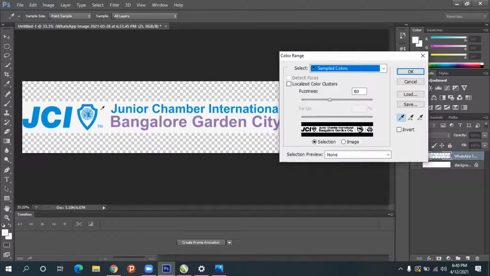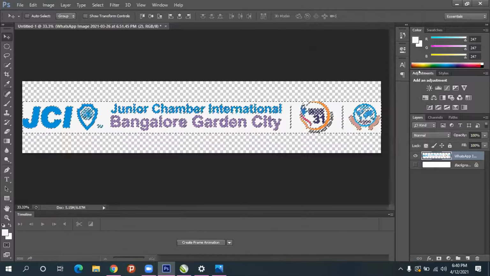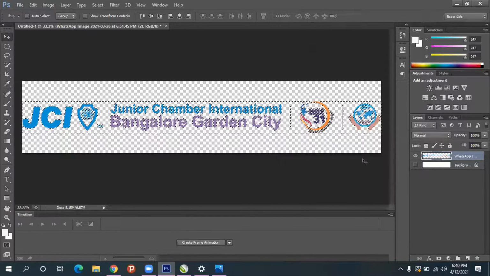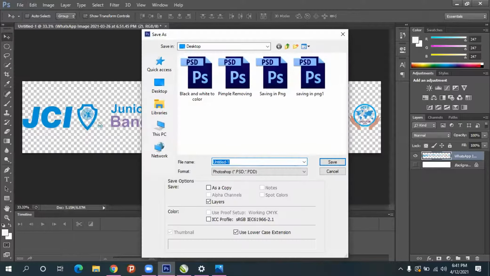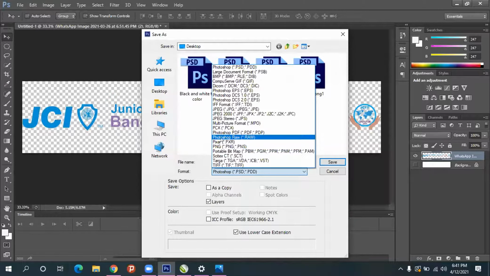And just click on the white color and give OK. And press the delete key. Nothing else you have to do, delete key. And after that, Control D, deselect. So this much you do, then go to file and give save as and go for PNG.